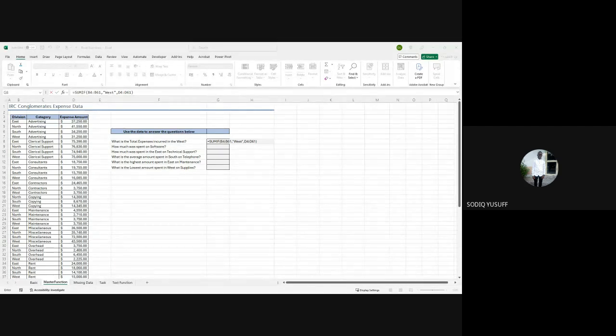Let's drop it in the chat, everyone. Again, the range, the criteria, and also the sum range. Drop your answer in the chat.